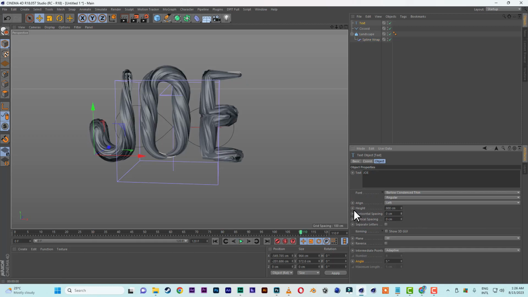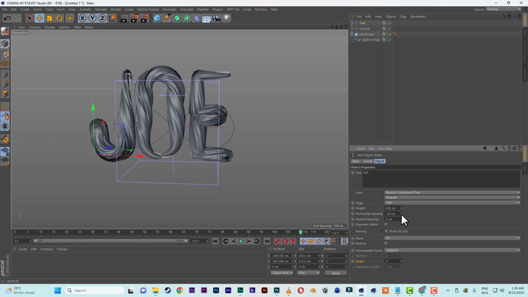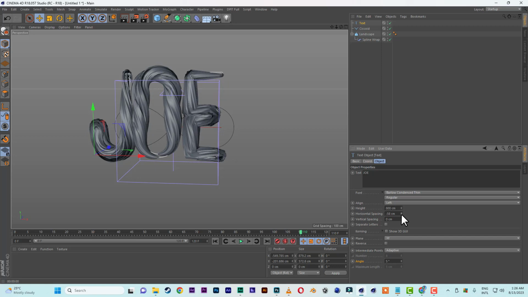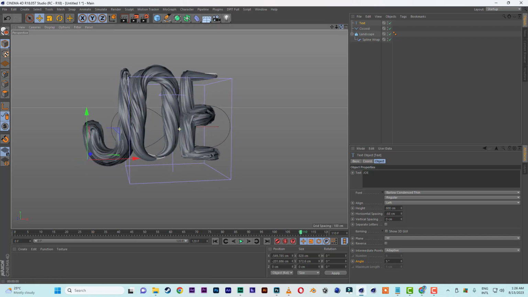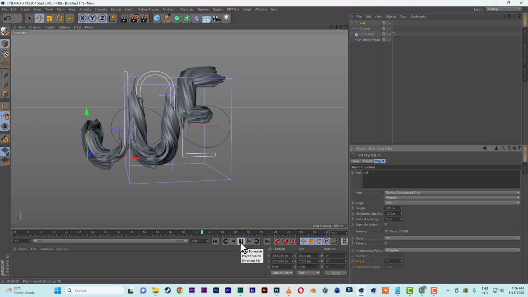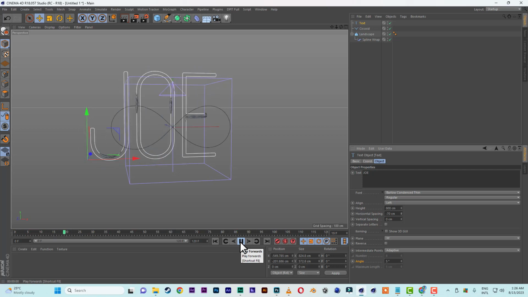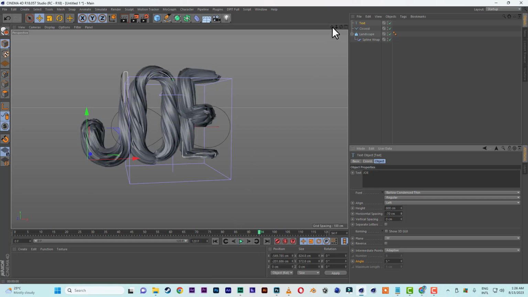If you see that there is too much space within the text, you can come and select the text, then reduce the horizontal spacing so that it will be closer. So that you have something like this, something close. All right. So at this point we are doing our Joe Candy animation. So from here on, the next thing to do